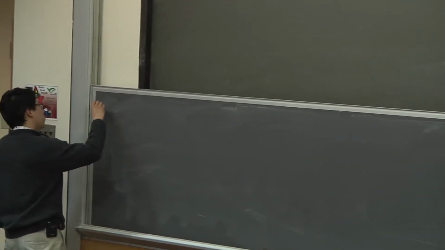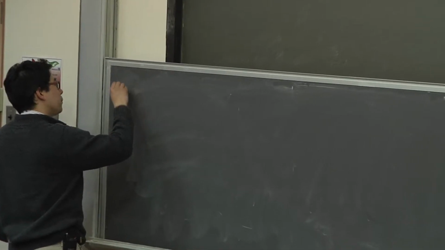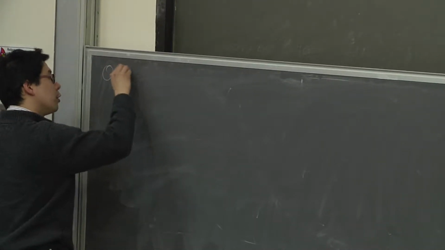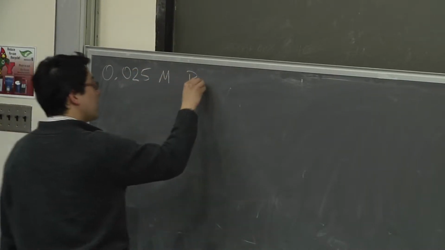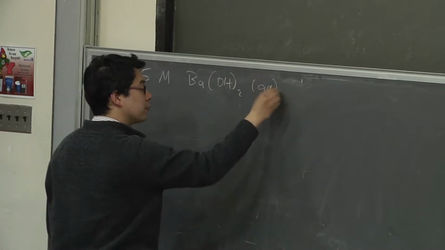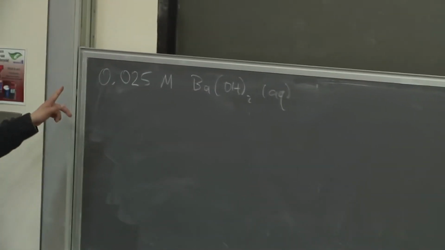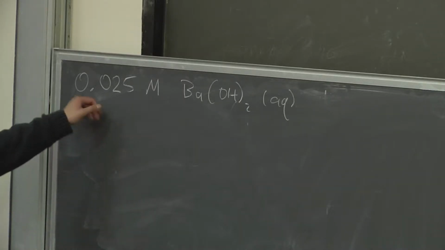And let's say we're reacting 0.025 molar Ba(OH)2 aqueous. And we're doing a titration, and that's what we have in our burette. Okay, we have 0.25 molar barium hydroxide solution. So if you're doing a titration, what you're doing is you have one